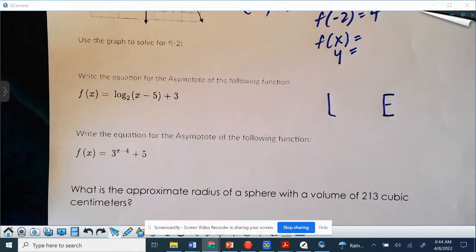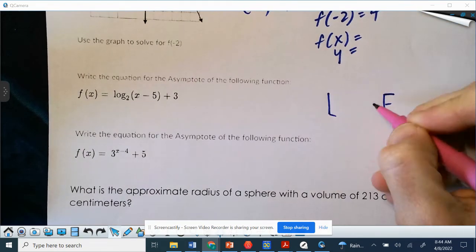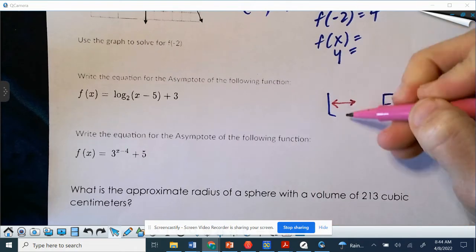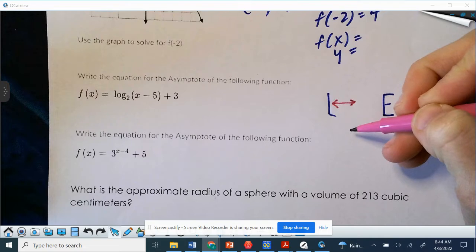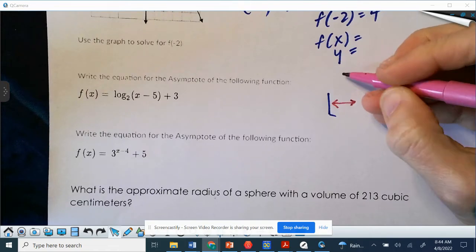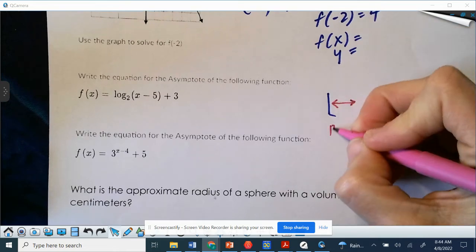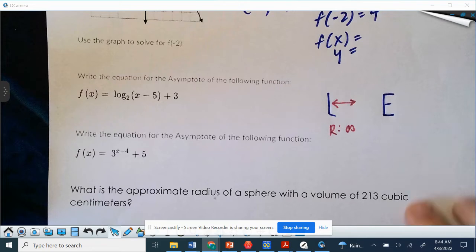So a log function has a big wall on the left-hand side or right-hand side of your function. That means your left and right stops moving, but there's nothing to the top and bottom. So it can go up and down as high or as low as it wants. So infinite. So your range for a log function is always going to be all real numbers, because there's nothing stopping it from going up and down. Now exponential,